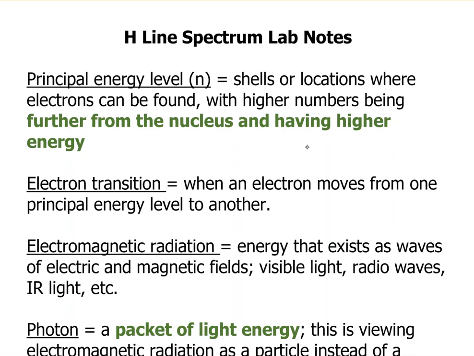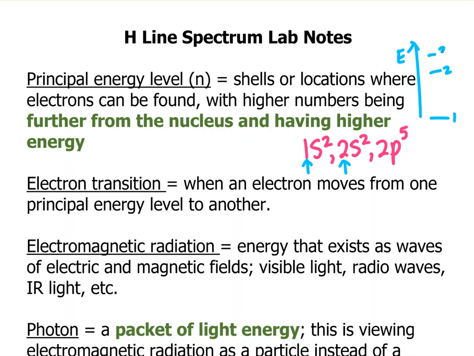If you're looking at an electron configuration like this, something like that, the principal energy levels are these numbers in front there. So you need to know that the higher the number, the higher the energy. So if you had an energy diagram, energy level 1 is down here, and as you go up, these are